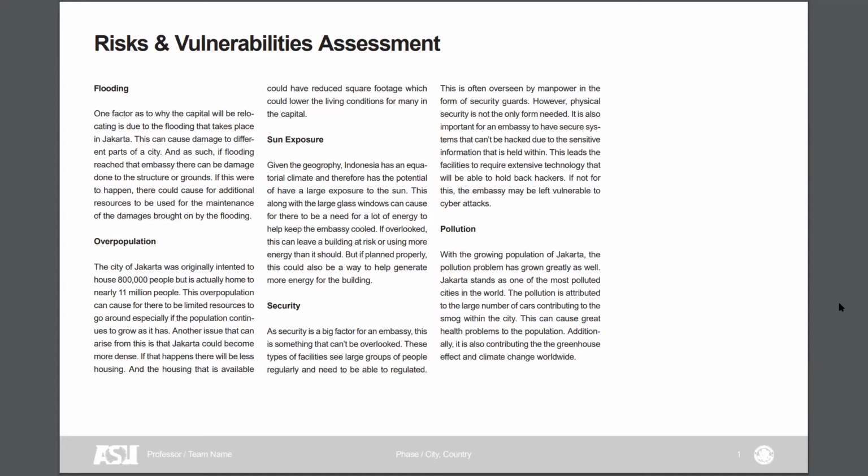Security can be a physical and digital issue because of the overpopulation. There's a lot of people constantly going through the building itself. And then cybersecurity is really needed because it is a high profile building. It could be prone to cyber attacks. And then pollution is also a big issue because of the high population. There's a lot of congestion, and it results in a lot of traffic and contributes globally as well to greenhouse gases and climate change.